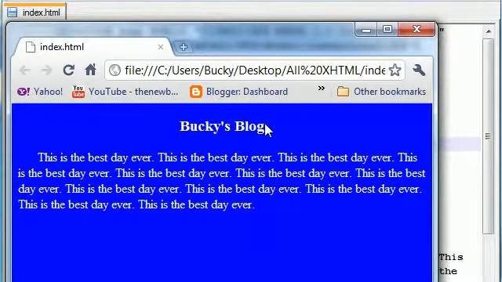So, anyways, that is how you affect the body, background color, and the text color, and also center align headers, or pretty much center align anything, and also indent paragraphs. So, I hope you guys